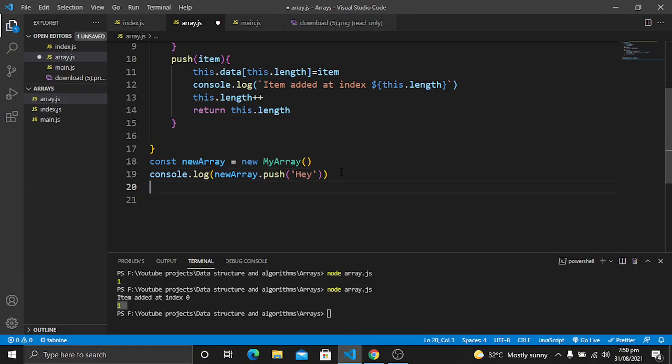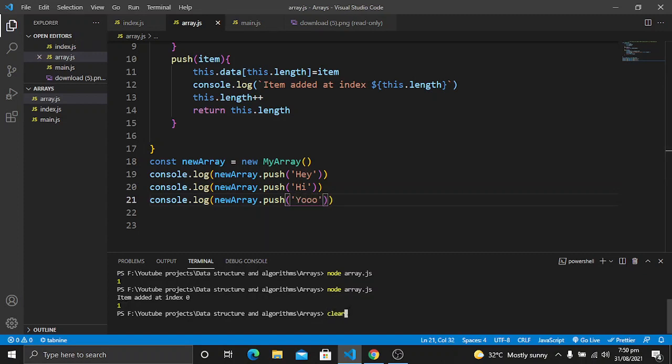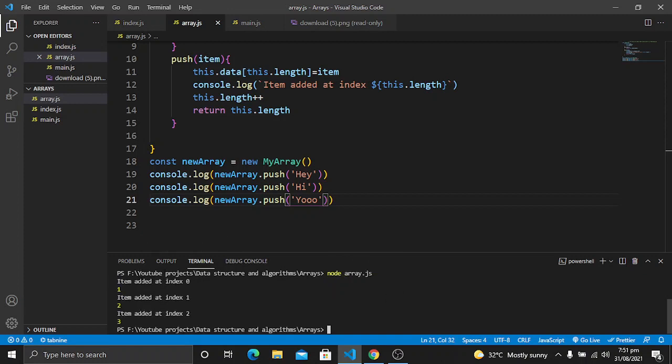So let's add some more items, such as hi, and let's add something. So clear the terminal, run the code again. Now you will see item added at index.